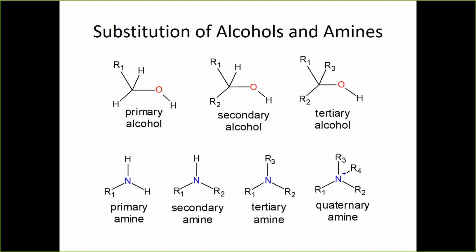And that's a little bit different than with amines, because when we're talking about primary, secondary, tertiary, and quaternary amines, we're actually talking about the substituents that are attached directly to the nitrogen itself. So not to the carbon next to the nitrogen, but to the nitrogen itself. If you look on the far left, a primary amine has 1 R group, the secondary would have 2 R groups, and a tertiary amine would have 3. And then if you add a 4th one, you get the quaternary amine, which is positively charged, on the bottom right there. So I just wanted to make that explicit because I don't think people always realize that this nomenclature is a little bit different for amines than it is for alcohols.